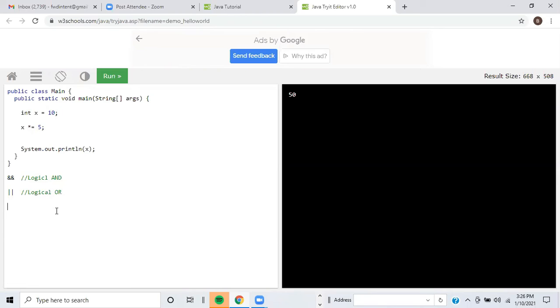And the last one is just a single exclamation point, which, like before when we were talking about the exclamation point equal sign, which is not equals. Well, just a single exclamation point is logical not, which reverses the result and returns false if the result is true. All right. Whereas logical and